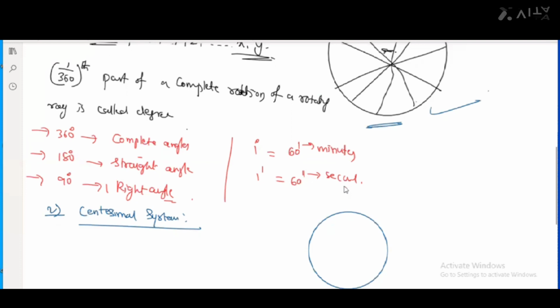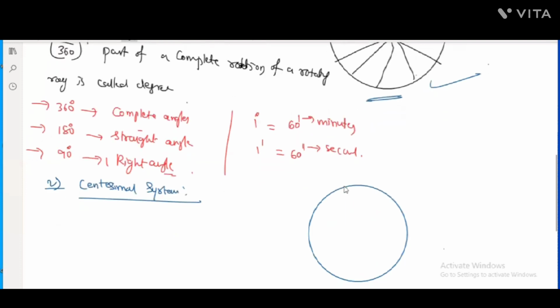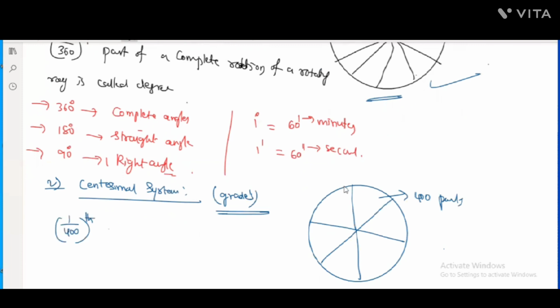When it comes to this centesimal system, the total circle is divided into 400 equal parts. Each part is called a grade. Here the angle is measured in terms of grades. One 400th part of a complete revolution or rotation of a rotating ray